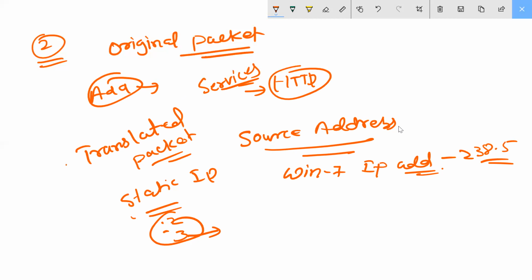Then after we have to come here. After that, we'll come on the security part. Next is my security here. Inside the security, what we will do is come on source.